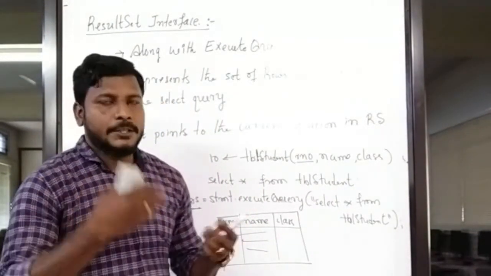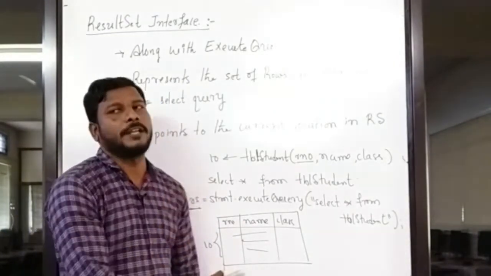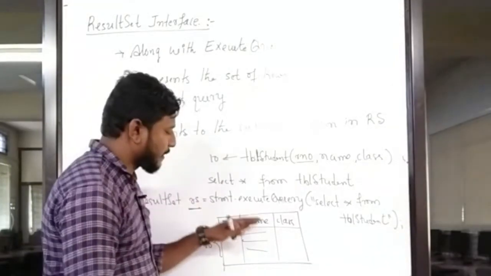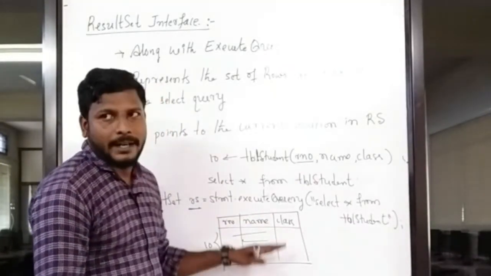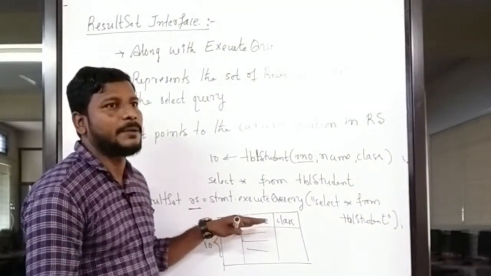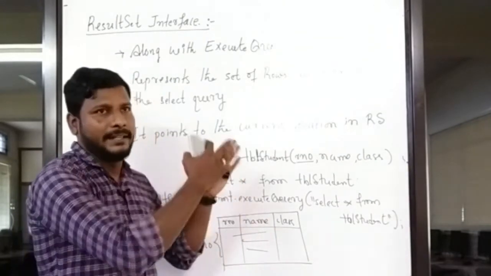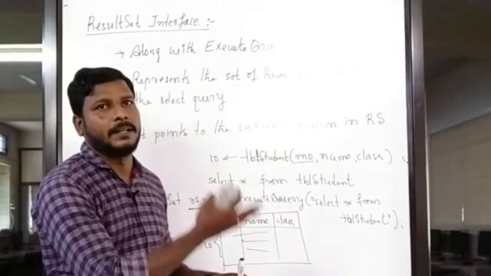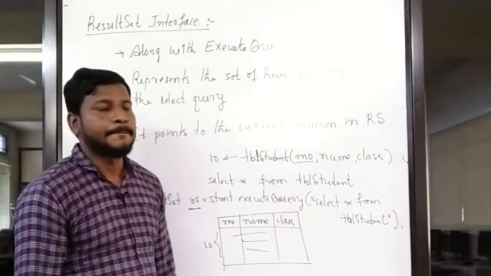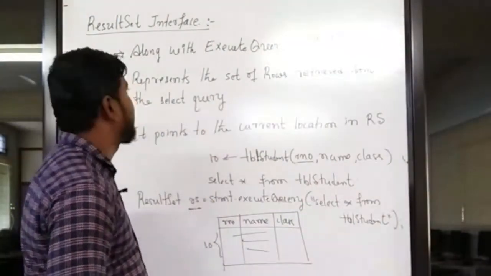Let's see, once you have the result set in the form of a table, what different operations you can do there. One operation is that you can navigate the records within the result set. For example, go to the first row, or go to the last row to view it, or navigate to the previous or next. There are so many methods you can use for that. Let's see some of the methods which are there in the result set interface.